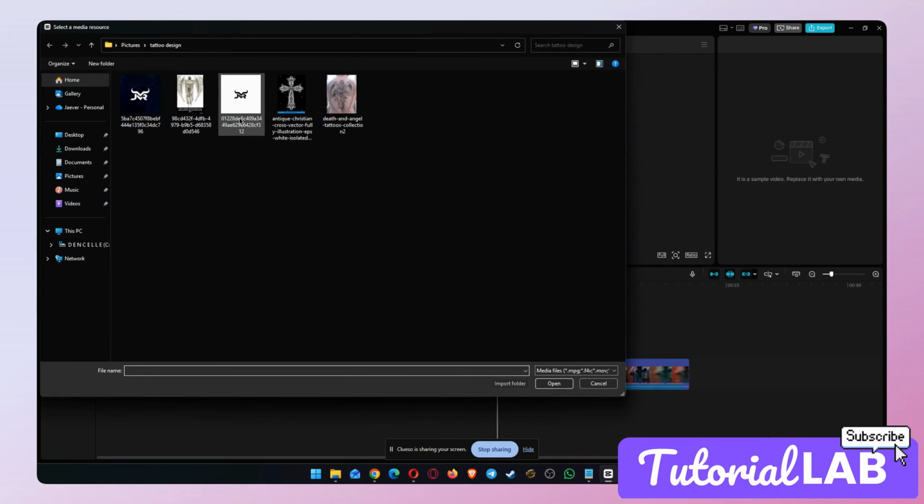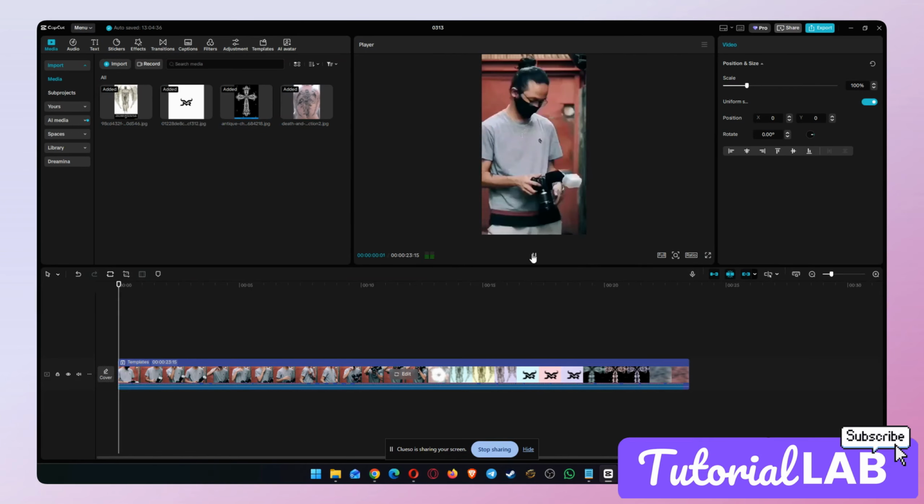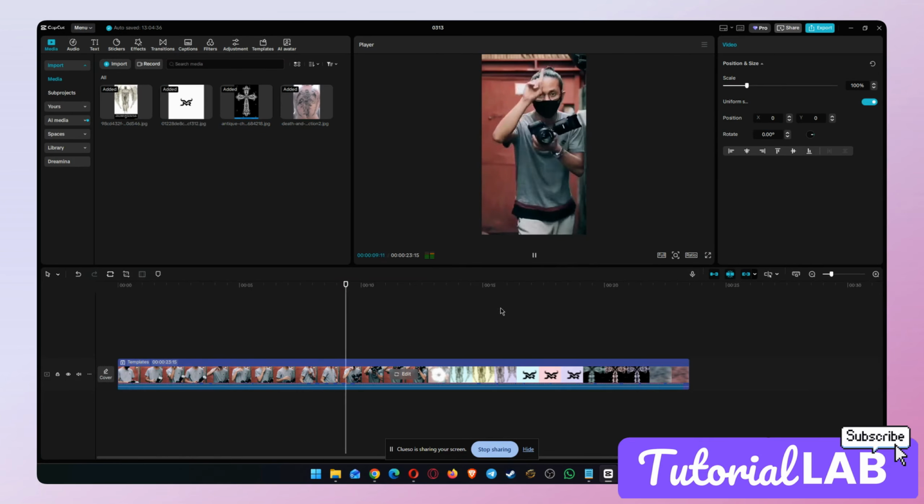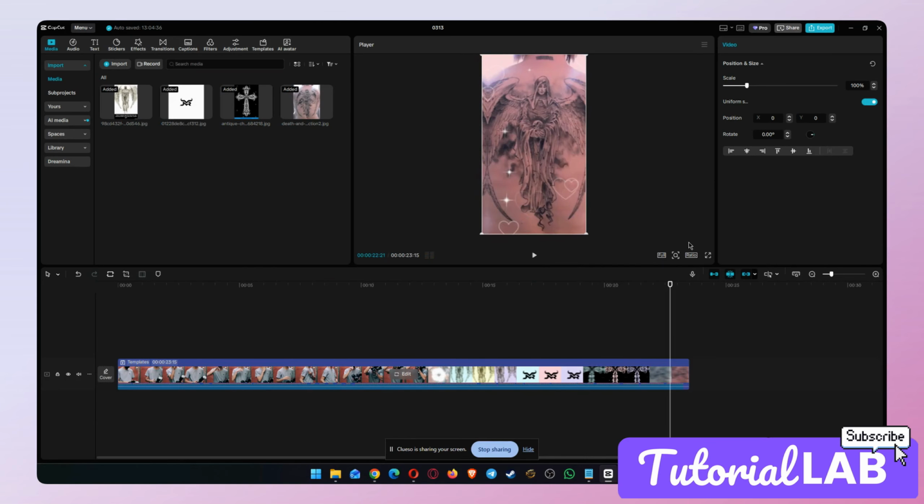Then replace the next slot with another photo. Swap it with this one. And we are done. Let's play the video to see how it looks. Looking great. When you are happy with the result, just export it to share on social media or send it